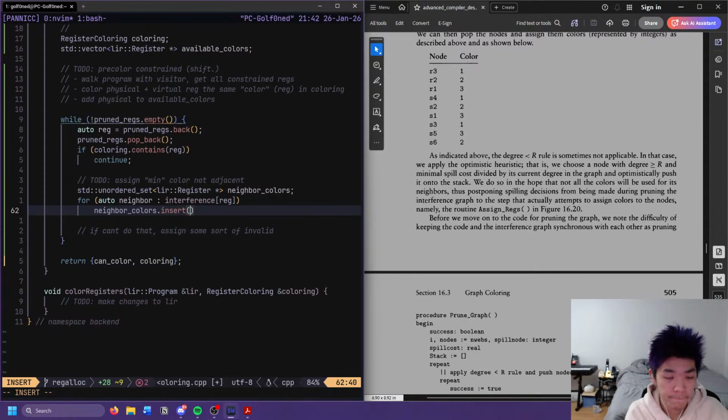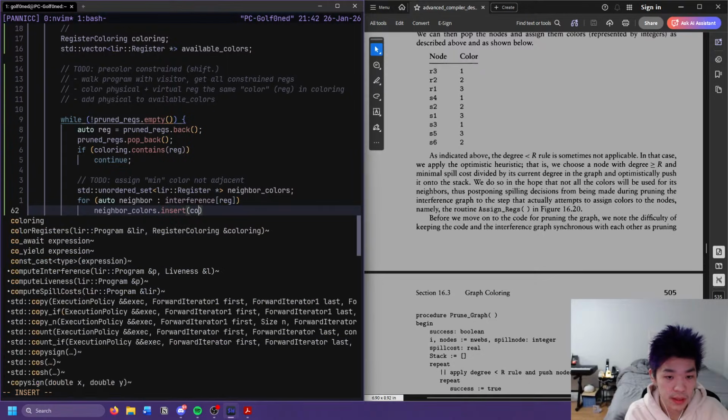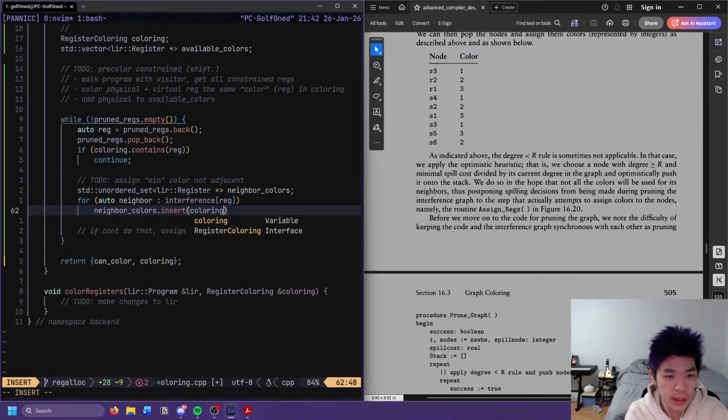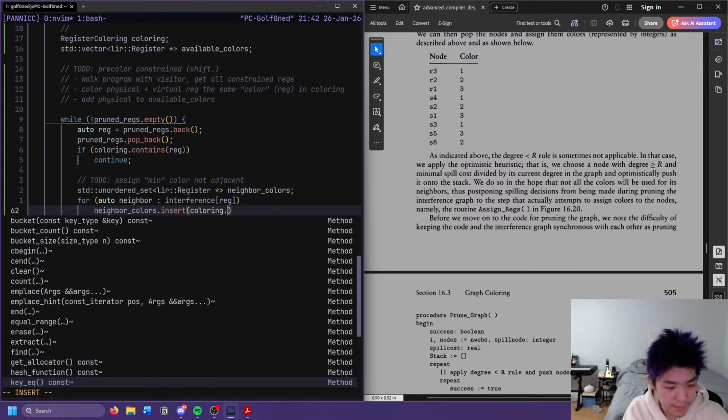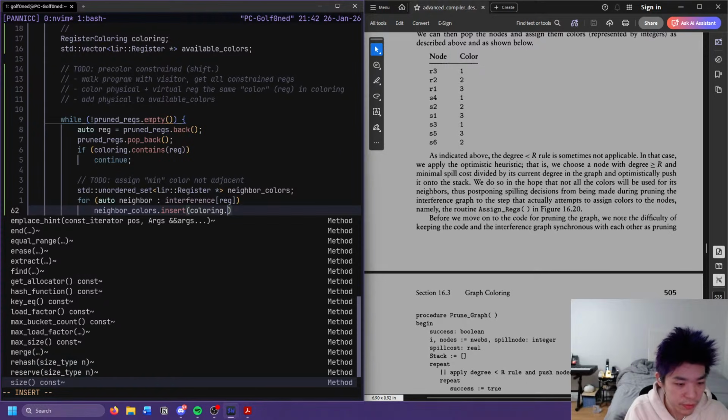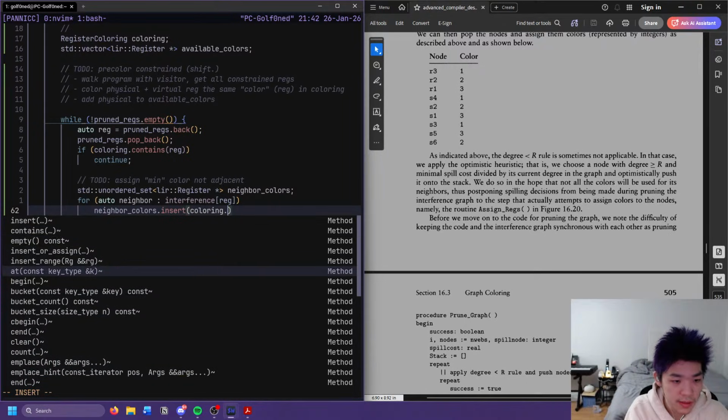We want coloring, I think. Is there a with-default-value thing that exists?